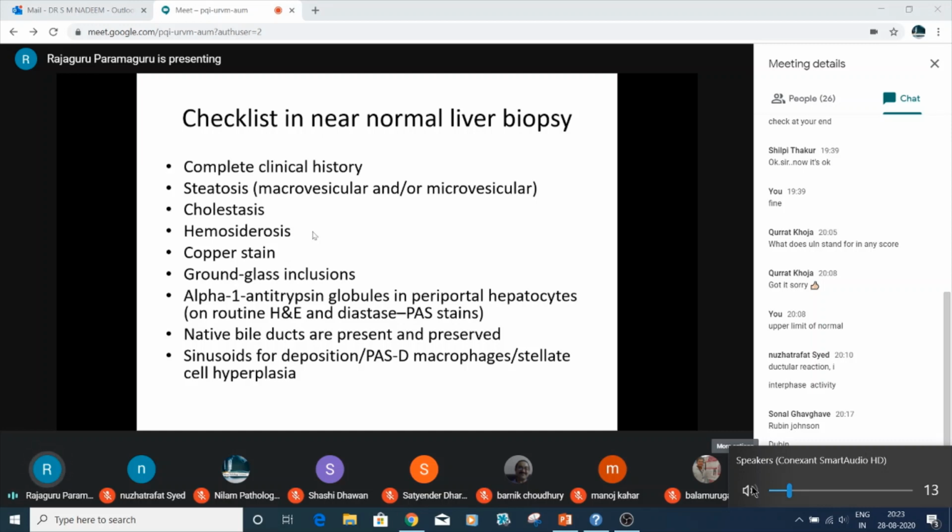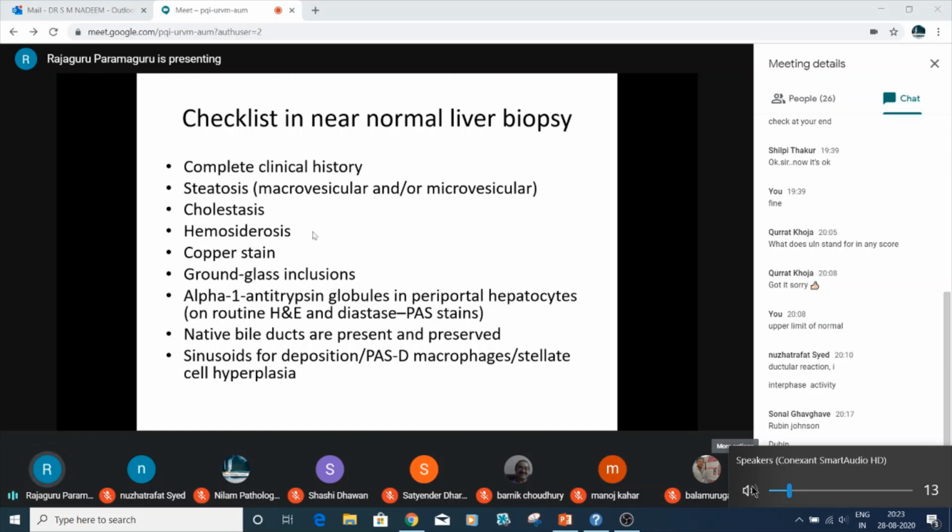band cholestasis, which can be very subtle. So you will have to make use of the Perls stain. The other bile stains which are available, I don't think anyone uses those. So the pale counterstain with the Perls, the iron stain, you can use that. Then consider hemochromatosis also. You can find out with the special stain.